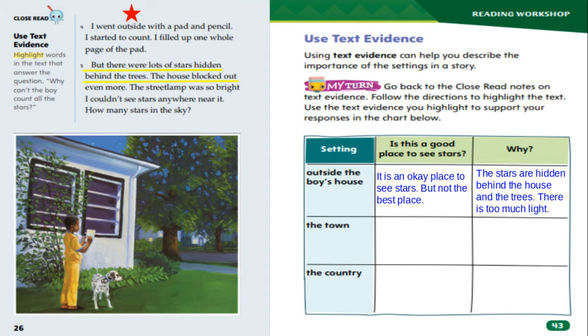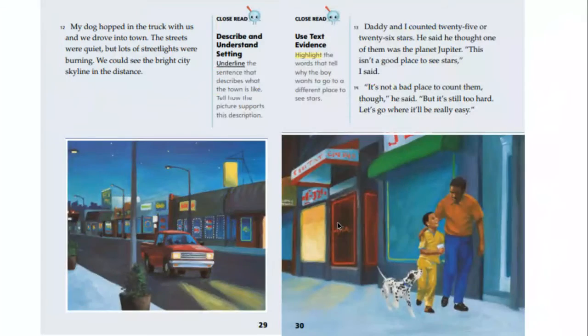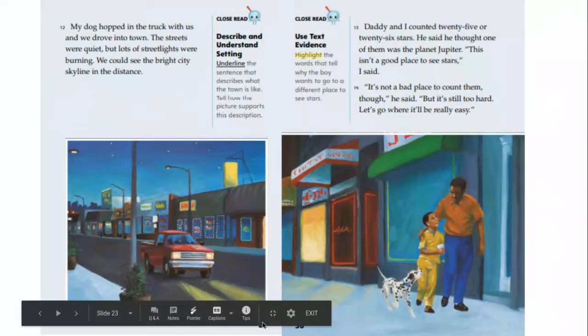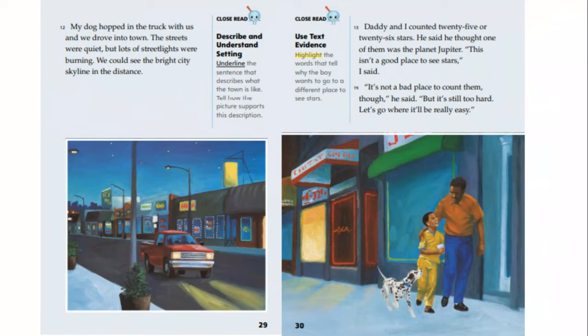All right, let's go on and do a we do. Let's go to the next section. We're working on the setting, the town. Now, if you remember on page 29 and 30, the boy couldn't sleep and his dad either, and they went into town. Now, as we look at this, we can remember that the graphic organizer talked about town. We want to be able to find text evidence to prove our answer. So if we've highlighted,